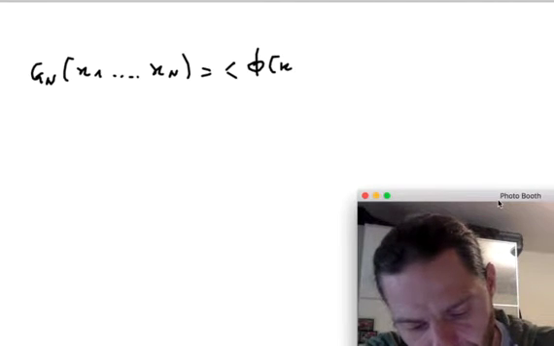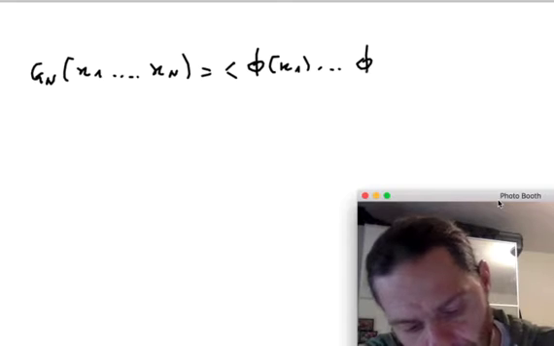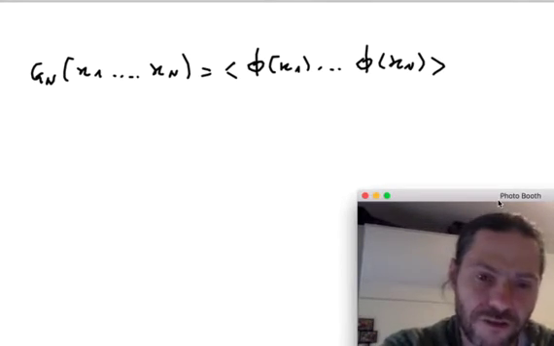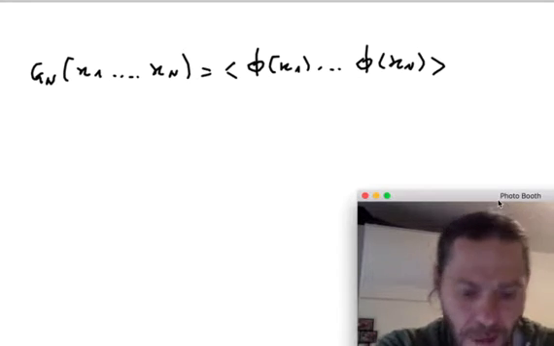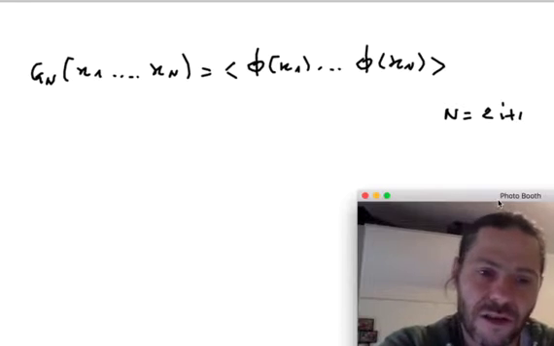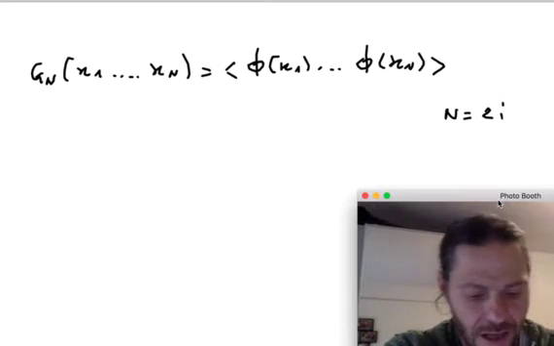So essentially, our objects are thermal averages of even products of fields in n different points, where n is actually, say, 2i, meaning 2i is an even number,